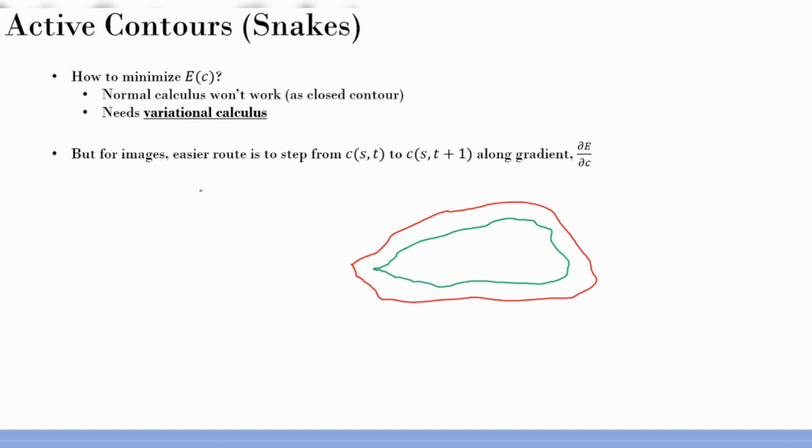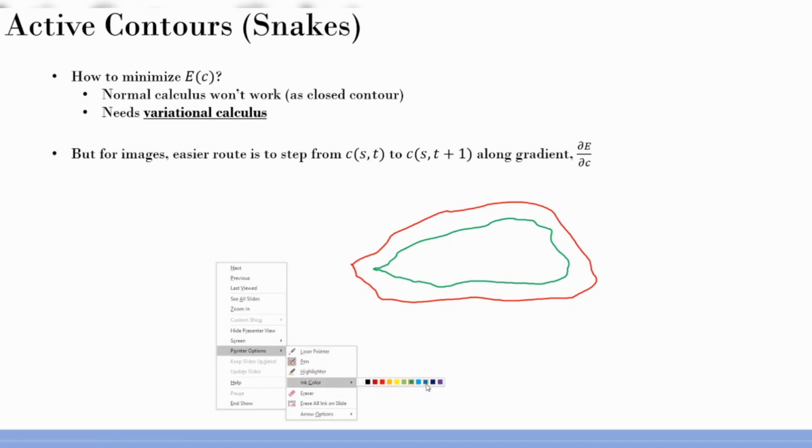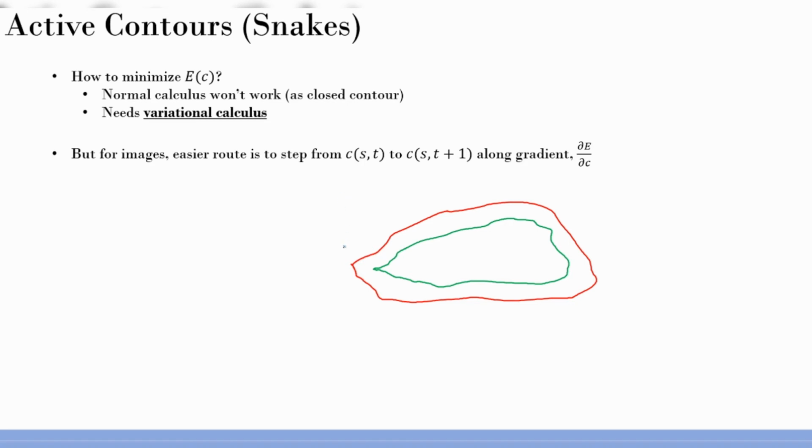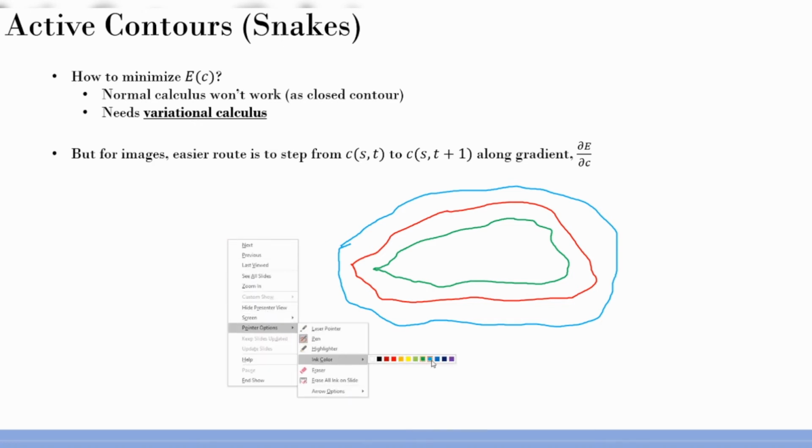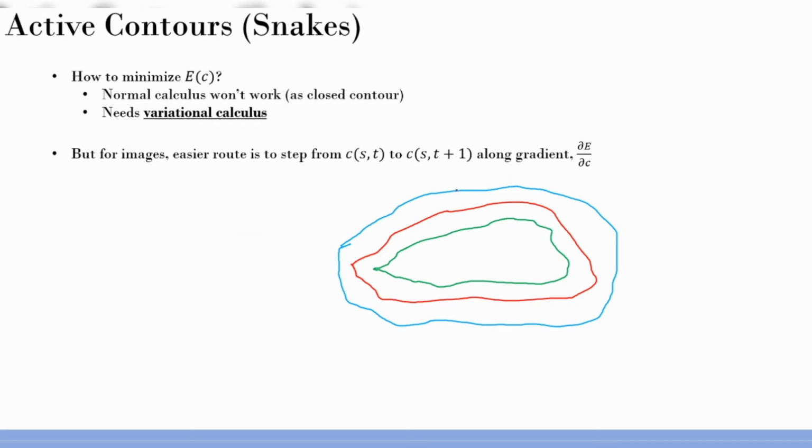Let's call this one instance of the curve at the next time. And let me use another color here, blue, which is outside of this curve. And let me use another color to annotate. So this is my original curve, C of S comma T, and let's assume this is C of S comma T plus 1, and this is another instance of C of S comma T plus 1. So you have two options for this curve: one is to go in this direction, or to go in this direction.